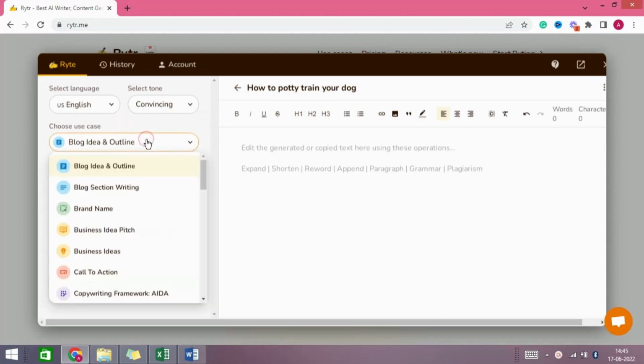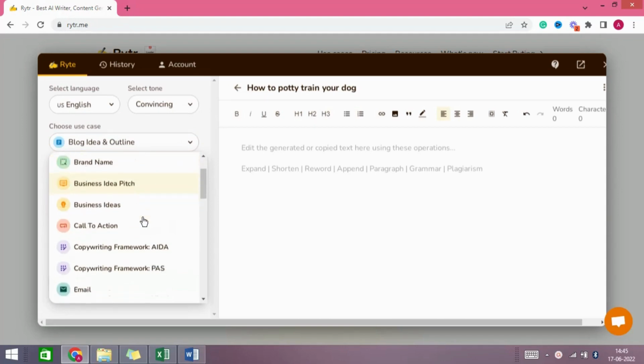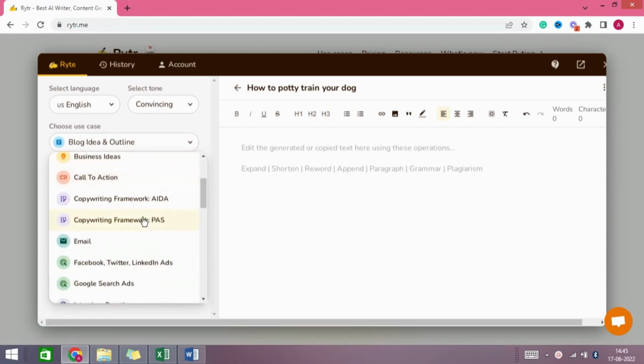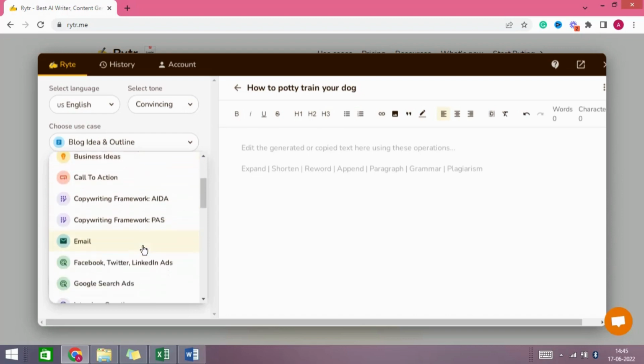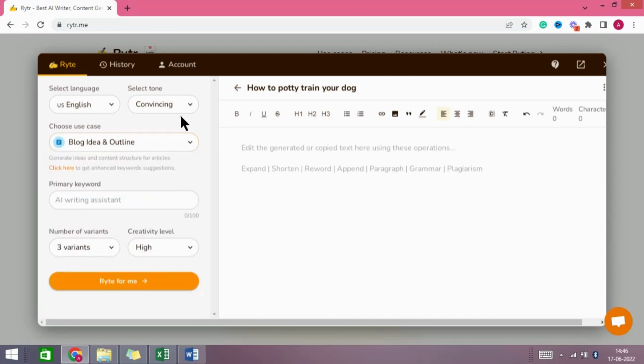Third, this is the best part of the tool, that you get so many different variations at just a click. For the kind of content you want to create, you can write your own emails, you can write your own blogs, which is exactly what I'm going to do in front of you in the next couple of minutes. You can create business ideas, titles, SEO content, and all of that stuff. All you have to do is enter the keyword of the blog which you want to write. So I'm going to write how to